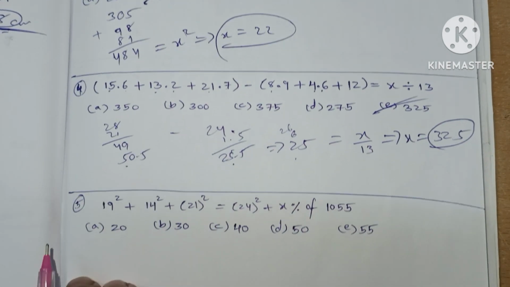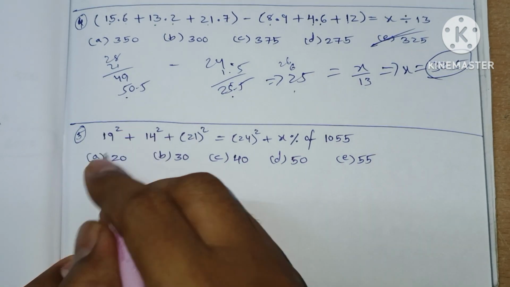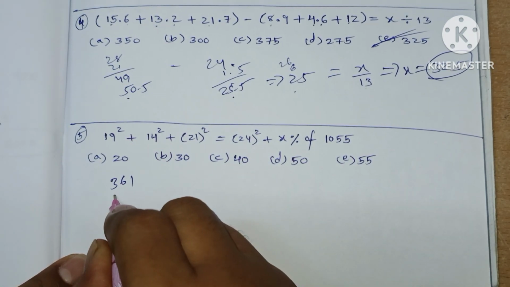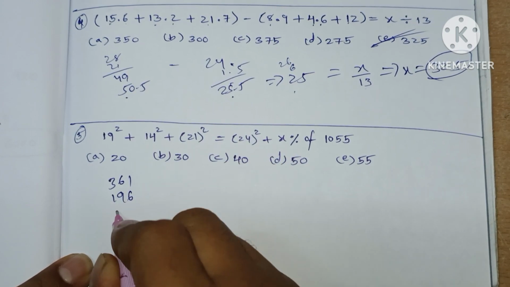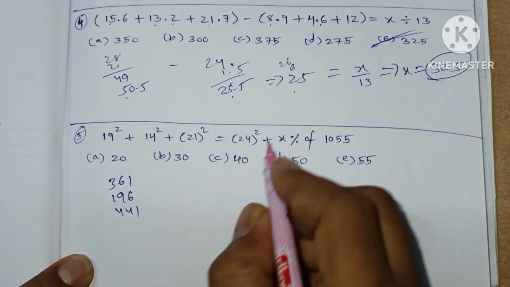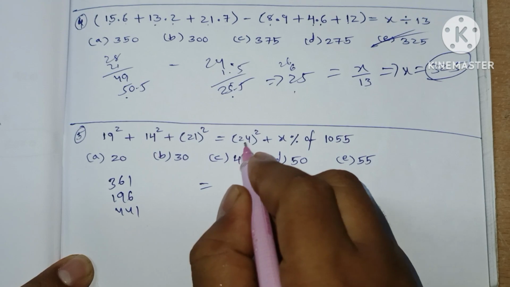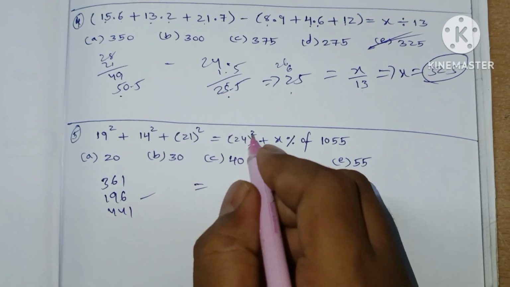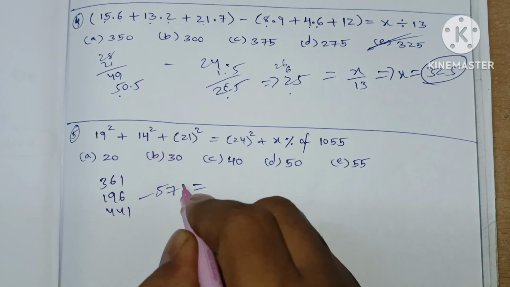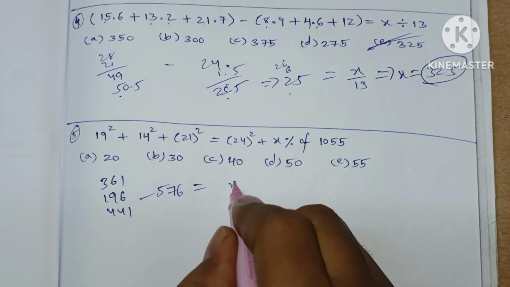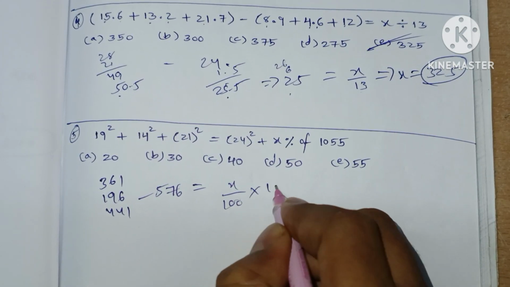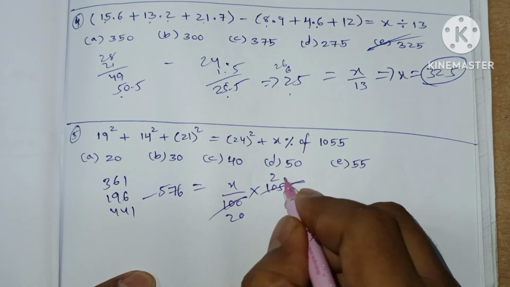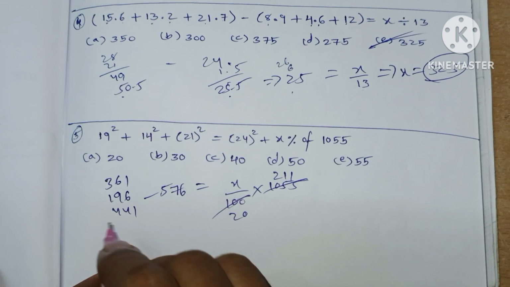Option E. Fifth one. 19 square, which is nothing but 361. 14 square, 196. 21 square, 441. Okay, whole equals 24 square. This plus 24 square comes this side with minus. 24 square will be 576. This is x divided by 100 into 1055. 5 20 times, 5 2 1 1 times. Here